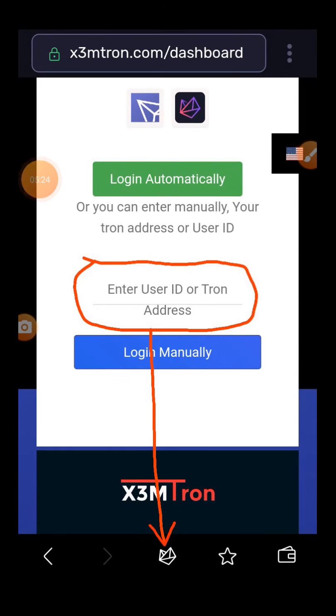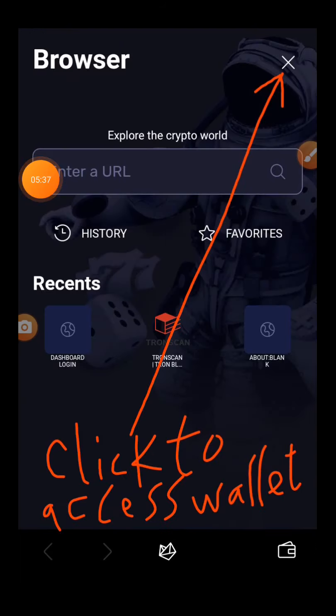Now that you have successfully paid, the next thing to do is to log into the dashboard and be able to see yourself on the network. Follow the pointer. Then click to access wallet. Once you click that cancel icon, it's going to take you to your wallet.